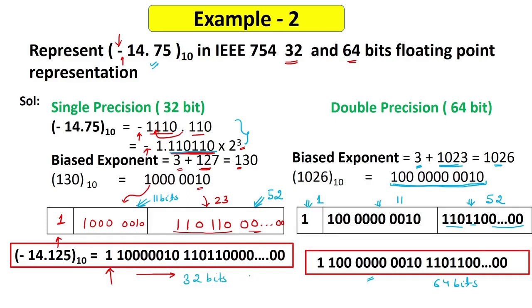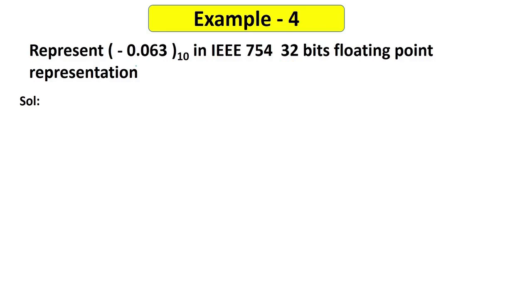So as you can see, both these patterns in single and double precision format are different, right? So now let's take another example. Here you can see that we have this number, 0.063, and this is a negative number. Okay. Now I have to convert this decimal number again in single precision, that is 32-bit floating point representation. Okay. So here you can see the integer part is actually 0. In the previous example it was some number, but here it is simply 0. So let's see how we will represent this number.